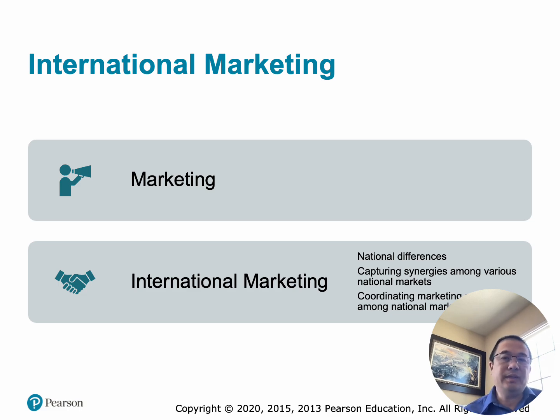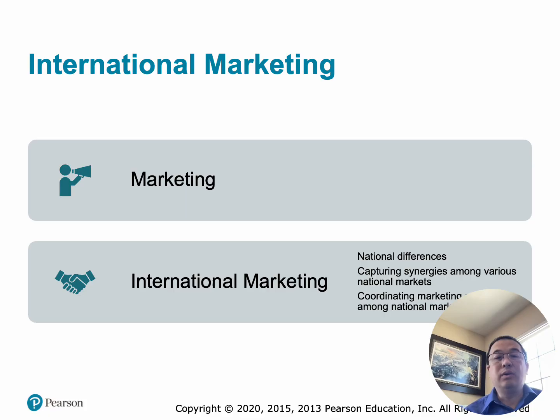Number 2, capturing synergies among various national markets. Synergy means creating more value by combining activities across countries. Companies look for ways to leverage success in one market to help another market. As an example, Apple sells similar iPhones around the world. The benefits include lower production costs, strong global brand recognition, and consistent customer experience. The key point of that is global coordination can create economies of scale and reduce costs.